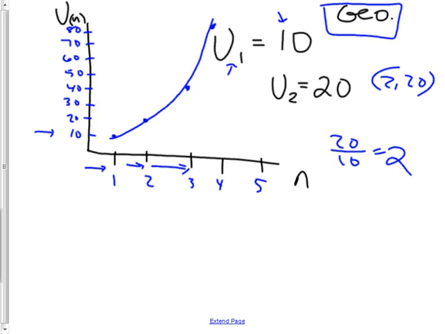You ever heard of exponential growth? It's kind of like that. It's actually the exponent would be 2 to the power of x if you're doing an exponential. But anyway, it's got a nice curve to it. If I had been adding 10 each time, would it have a curve? No, it would be straight. If I was adding 10 each time, it would just go up 10 every time, and it would have gone off like that. Okay, so then the formula, you should have had u1 equals 10,